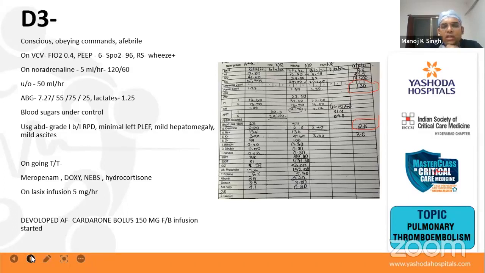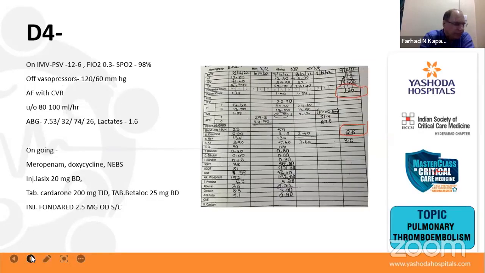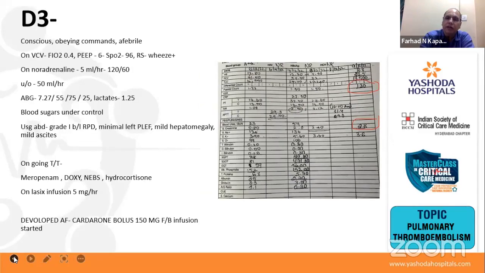I'm a little unclear why the CO2 is jumping all over the place like this. You got a 75, then you got a 100, then you got a 40, now you got a 55. So is there ventilator dyssynchrony or what? I mean, the earlier blood gas had a respiratory acidosis. First you had a mixed acidosis, then you had a respiratory and metabolic acidosis, and now you've got a respiratory one. And the lactate is normalized, right? So generally, lactate normalizing means you're doing a good job. The patient is getting better.